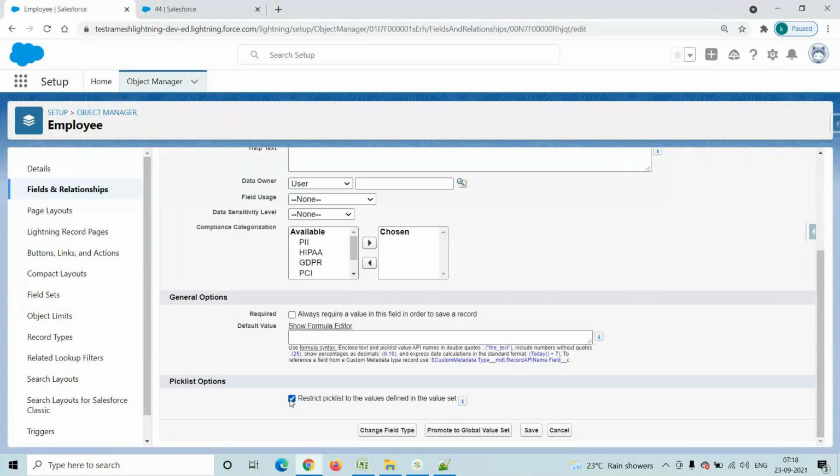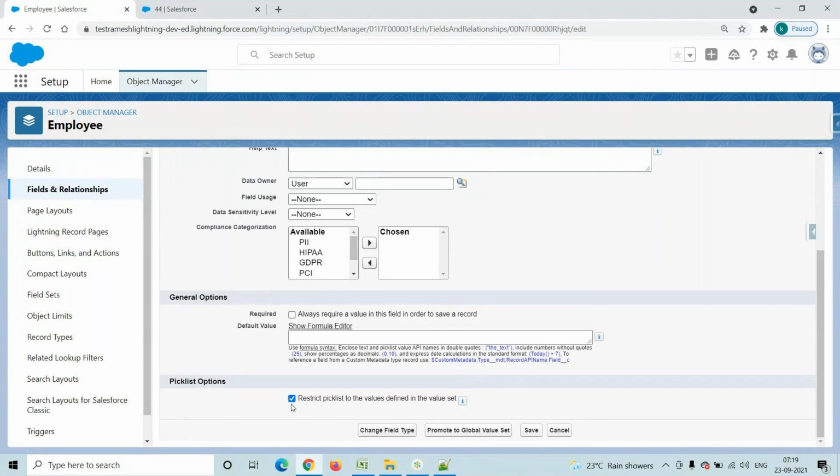Regularly we will get these types of error messages whenever we are writing a program, or whenever we are doing some other thing. We will get this type of exception. What is the exception? Bad pick list value for country field, or any field. Here we are working with the country field, right? Like that, bad pick list value for country field. What is the reason? We checked this checkbox.